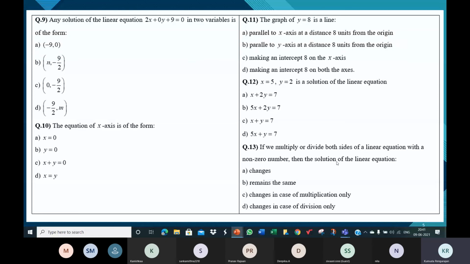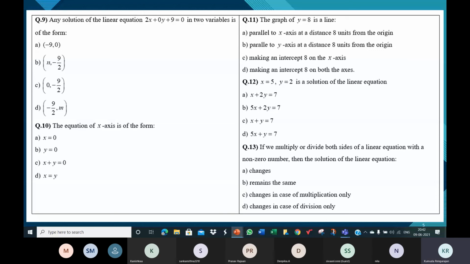Solution of the linear equation meaning, will the graph line be different? When you make the graph of x plus y is equal to 7, then make the graph for 2x plus 2y is equal to 7, will it be a different graph line altogether? Because only if it's a different graph line, the solutions will be different, right? The solutions will change. If it's the same graph line, they have the same solution. Now tell me. That's the question.